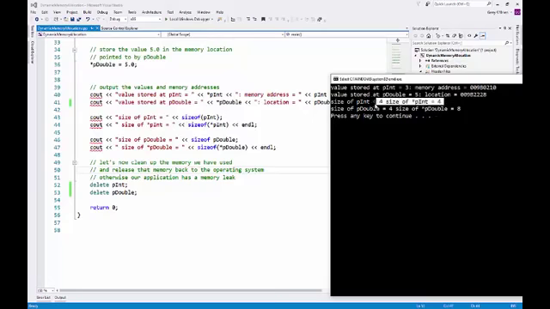In the first one, we're dealing with our pint, so the size of pint, and pint is a pointer which stores a memory address, so the size of that is 4 bytes. That basically means that the pointer is of size 4 bytes in order to store that memory address. But the size of the value stored in pint is also 4. That simply means that we are storing an integer type in pint, or in that memory location, and